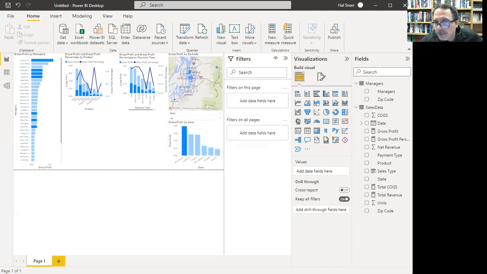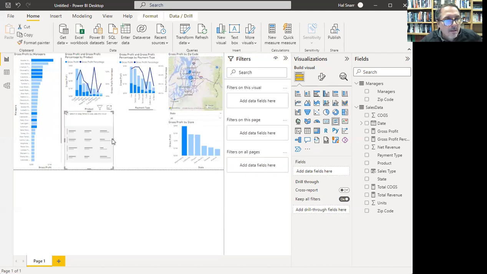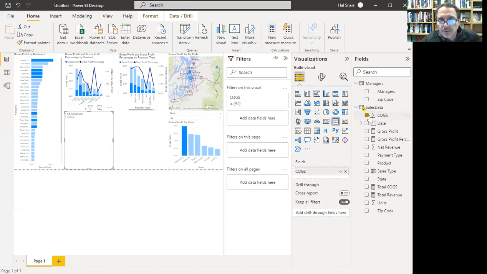Okay, what's the next thing we want to do? We want to create a table. So the way you create a table is you can click on multi-row card. And what are we going to put in that table? We're going to click on all the summation symbols. So the ones with summation symbols: cost of goods sold, units,